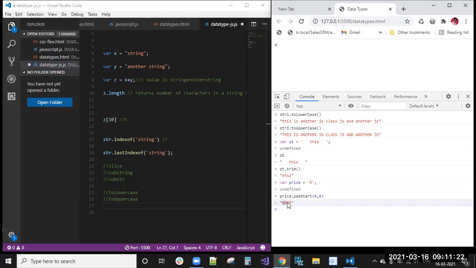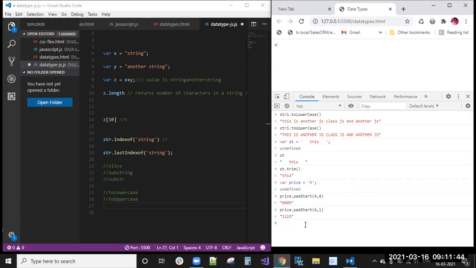So you can see here padStart 0005. 5 is converted to 0005. Okay, this is padStart of 4. 4 means 4 letters, and 0 is the character you want for the remaining part.